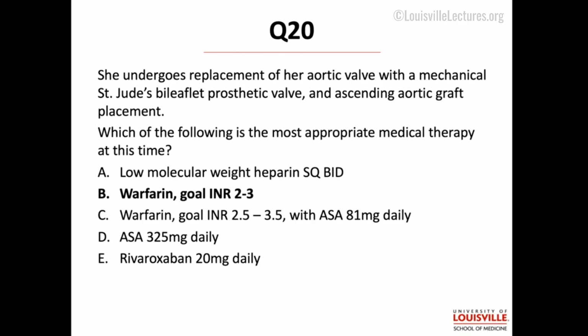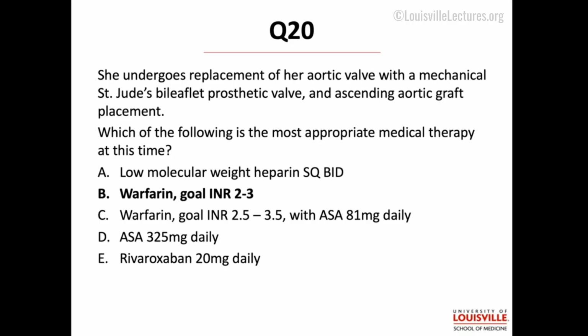So, mechanical valves have to use warfarin for their anticoagulation. DOACs are not in use in this country and not studied. In Europe, you might find that. This question is getting at the INR goal for aortic valves versus mitral valves. The goal for aortic valves is 2 to 3, okay? This is a high flow area, and blood flow is the best anticoagulant. So with all that flow going through, you need a lower INR.